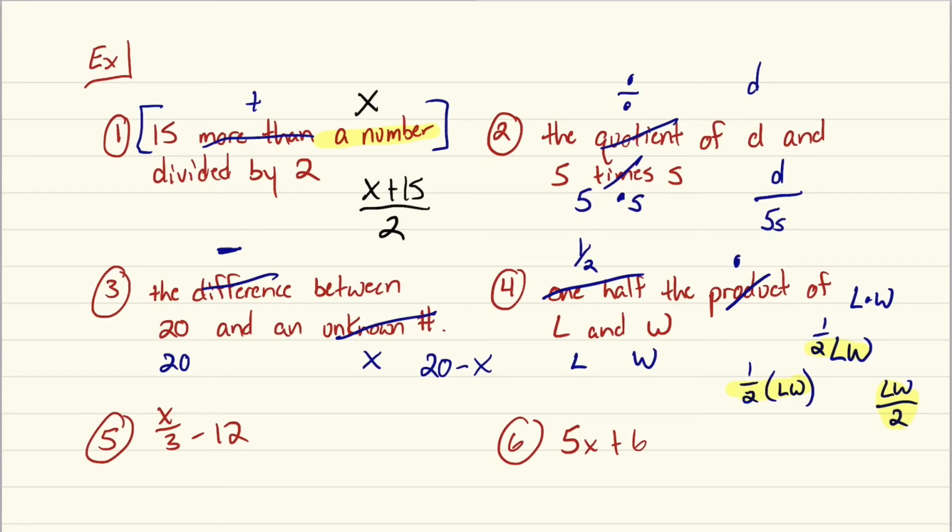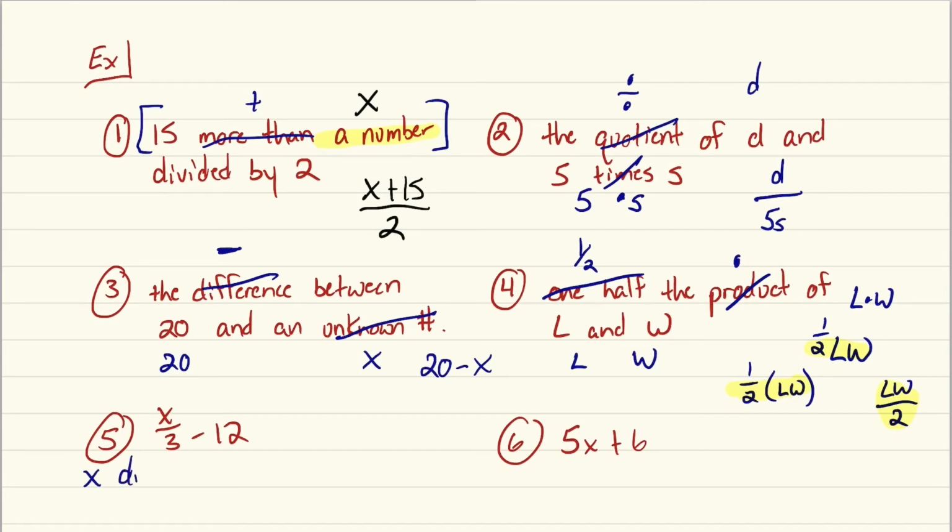Okay, so now we get on to problems like 5 and 6. 5 and 6 are going to give you the math expression, and you have to go back and explain it in English, in like an English sentence. So the first one, I think these are actually a little more straightforward because you can write them how you would read them. So if I look at this and I see x divided by 3 minus 12, you could easily say